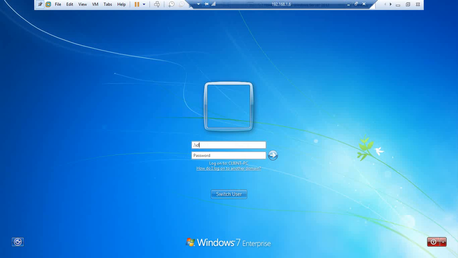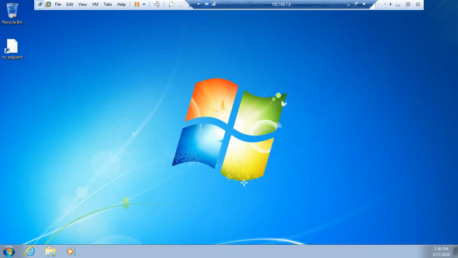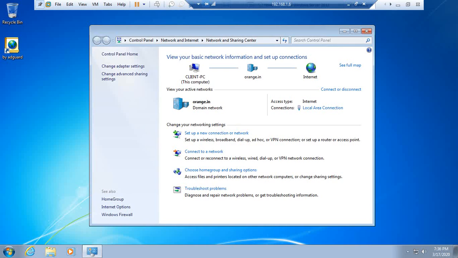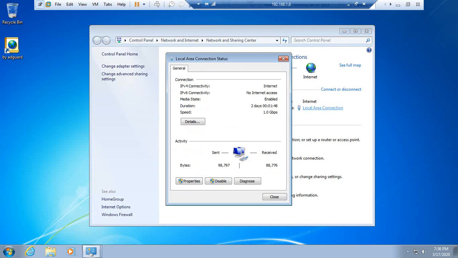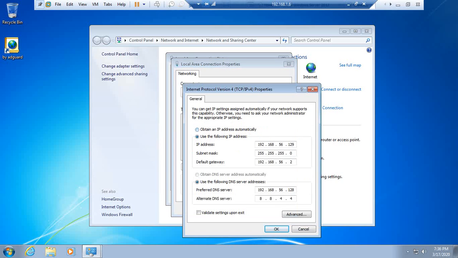Use the local username of this client computer. Then you can change this IP address to the automatic option. By default, it is a static IP. Go to IPv4 properties, change it to